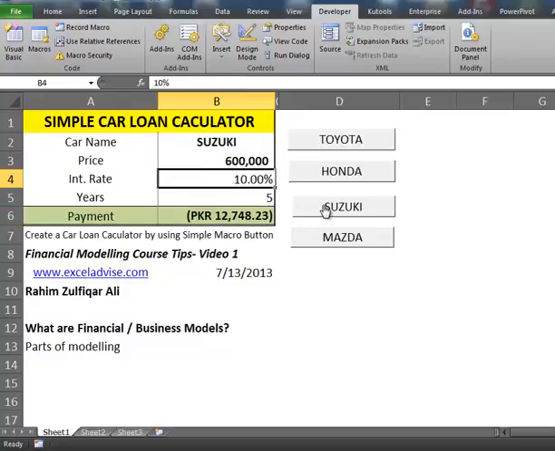Then I click on Suzuki, and it changes the name, the price and the monthly payment. So I can take decisions on a very quick basis by applying these shortcuts and financial modeling parts in my real scenario models, in the blink of an eye, so that I can get results very quickly. This is how we created the simple car loan calculator.